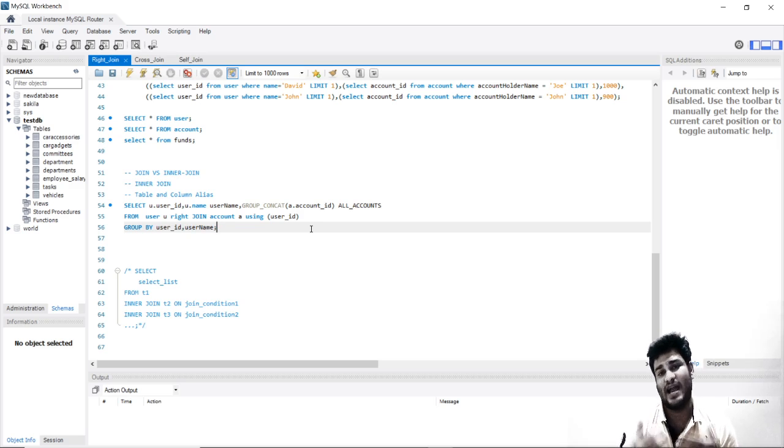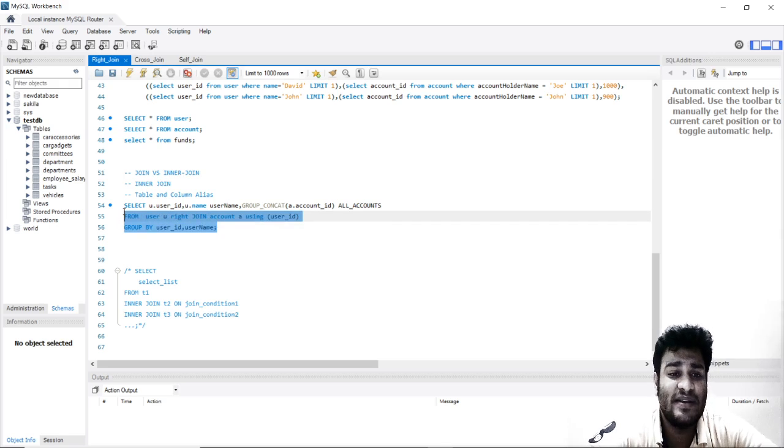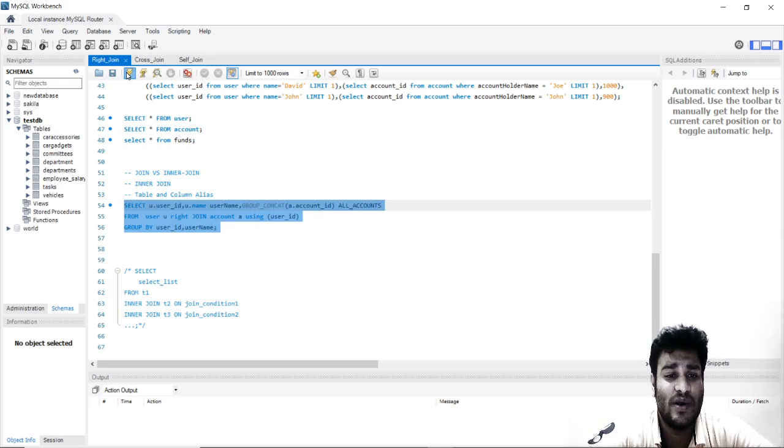Now, what exactly does this mean, how exactly do we use them, and why is there a requirement of having two different kinds of statements like where and having? Let me show it to you. In the previous chapter, we discussed right join. I will go ahead and run this query.